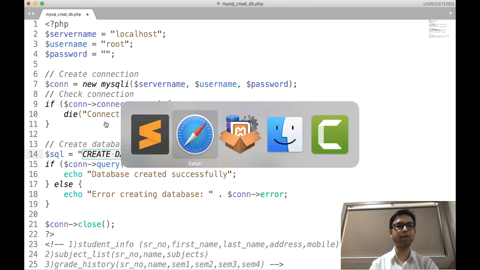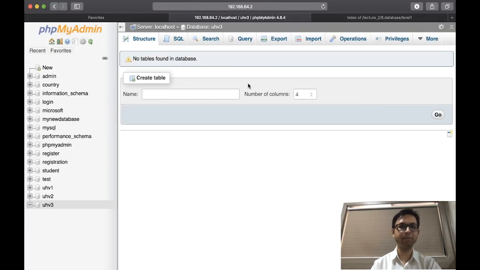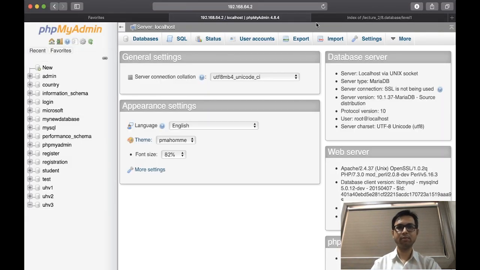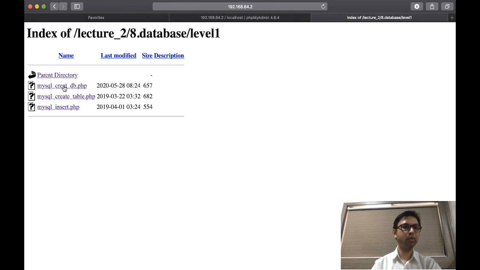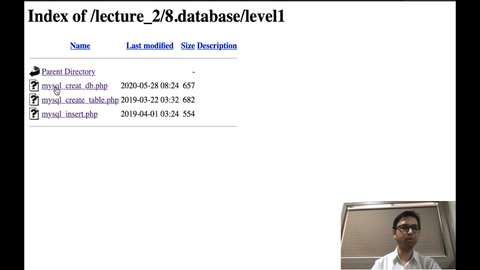Now let us run this program in the browser. We have to run this particular program to create the database.